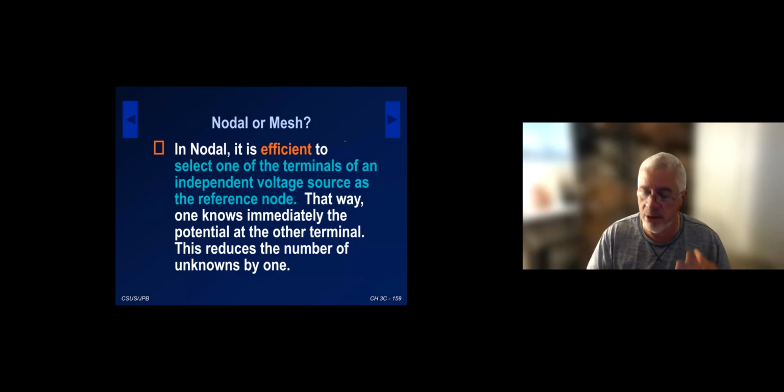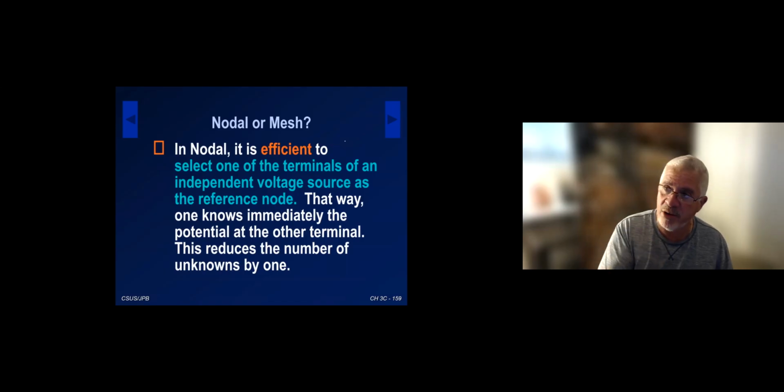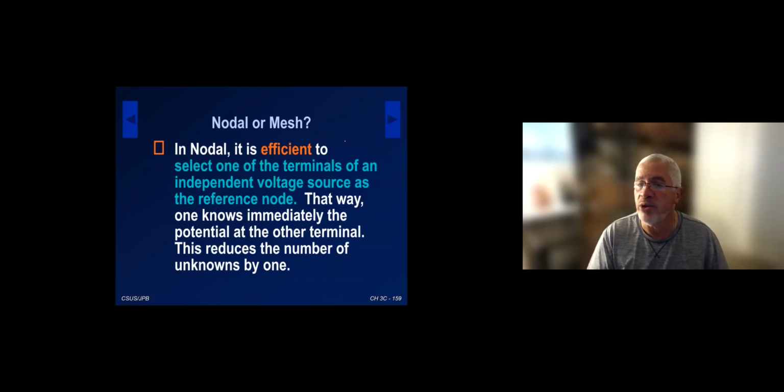In fact, I'm expecting you do in this class so you can solve your linear system of equations. So it's less value, but nevertheless, if you can reduce the number of unknowns by 1 by selecting your reference node, essentially at one of the terminals of the independent voltage source in nodal, you do that. A similar situation occurs in mesh if you have a current source on the perimeter,